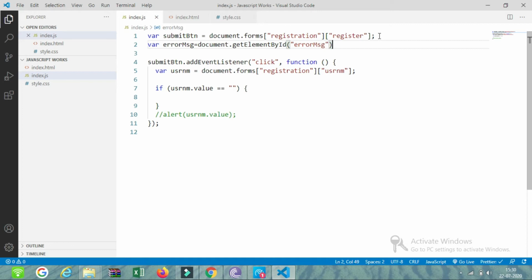Now that division element will get accessed, and its reference is stored in the error msg variable. Now I will use it like this: err msg dot innerHTML is equal to an entire HTML content. I will print a paragraph tag here.